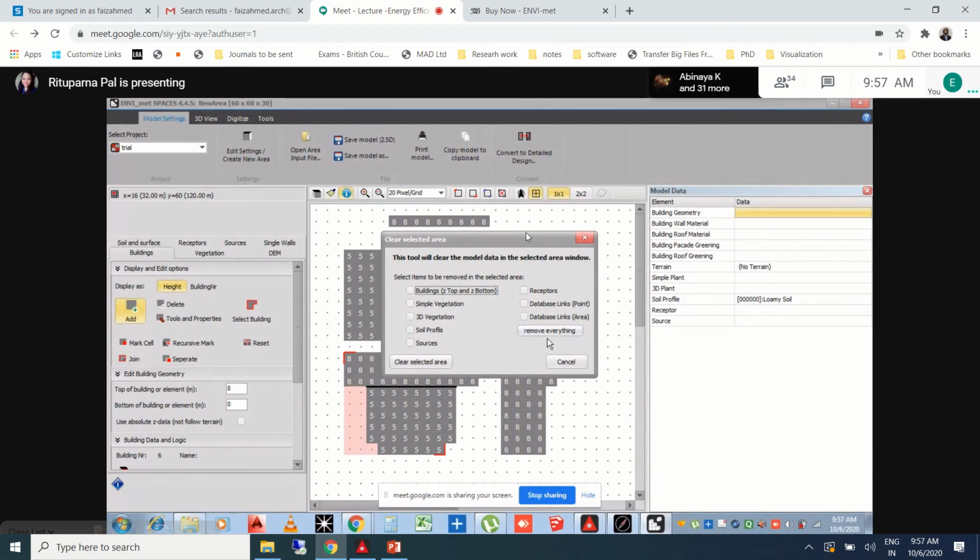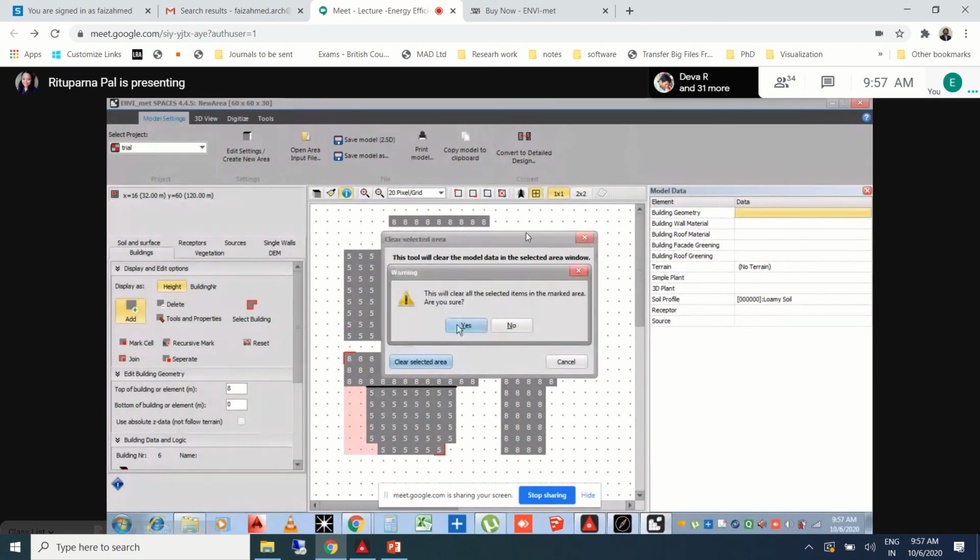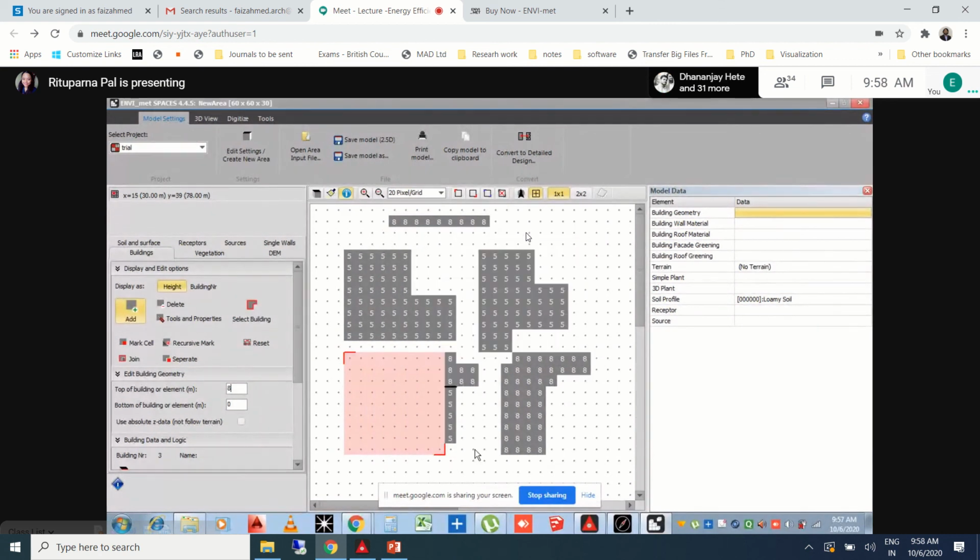If we select remove everything, it doesn't matter because it will remove things within this marked area only. So we do this clear selected area. It will ask for a confirmation and you click yes, and you can find that the entire thing is gone.